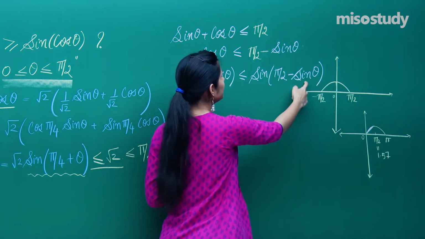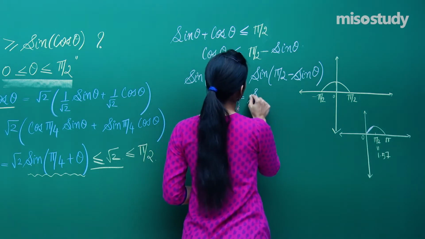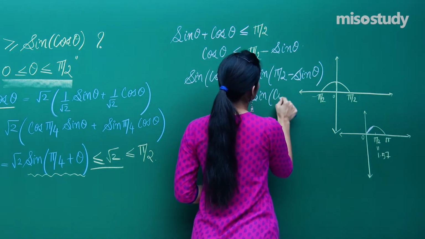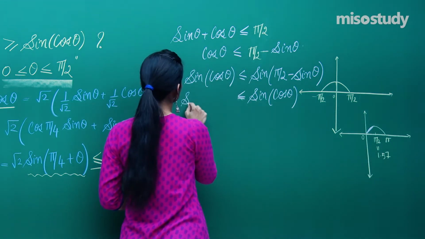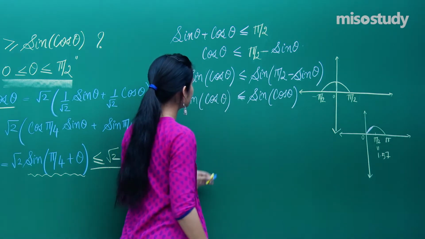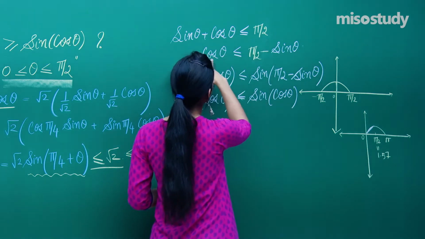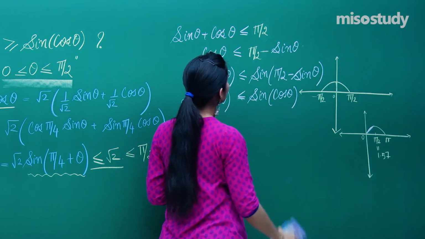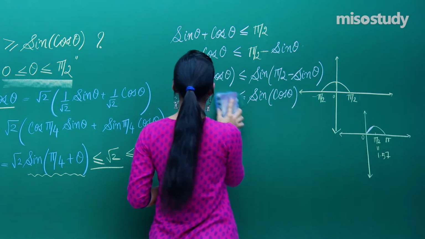Now what is sine of 90 minus theta? Cos theta. So sine of cos theta is less than equal to sine of 90 minus sine theta. Now see,